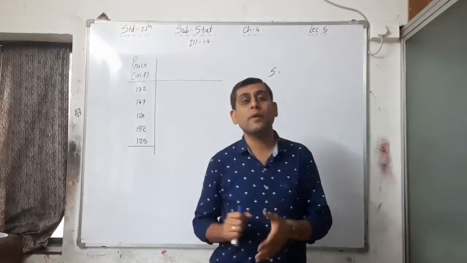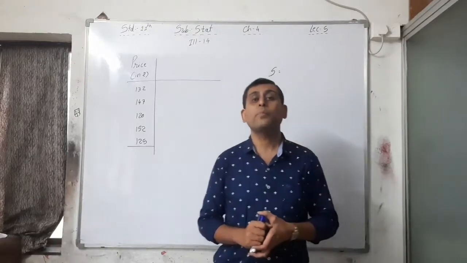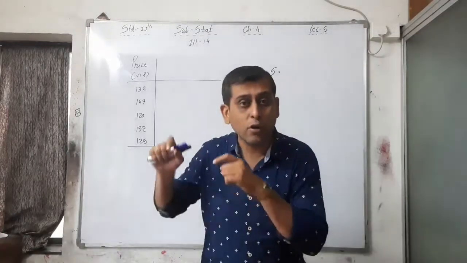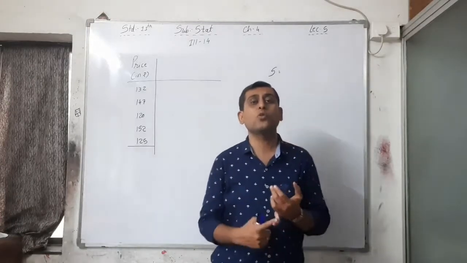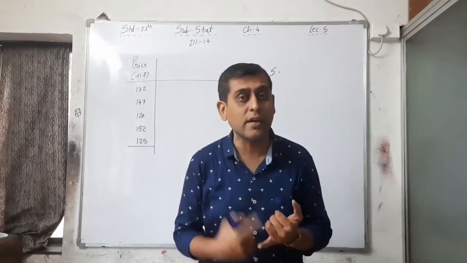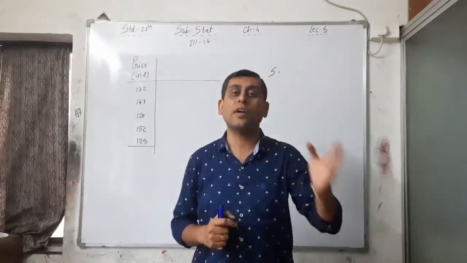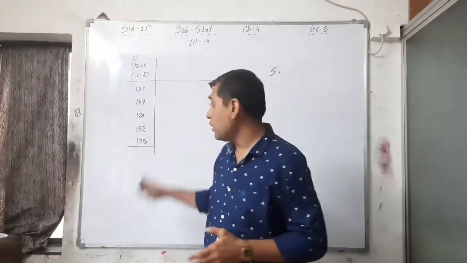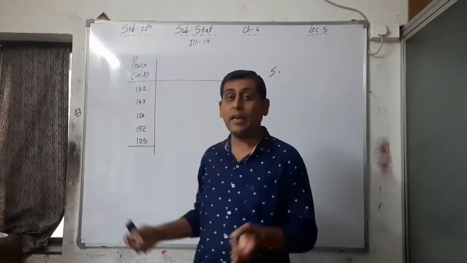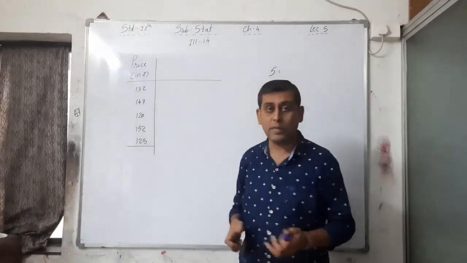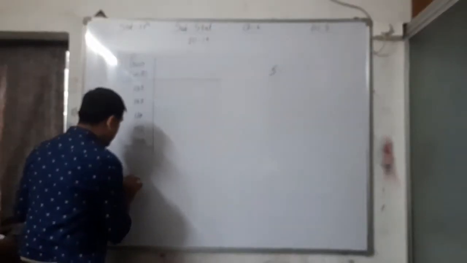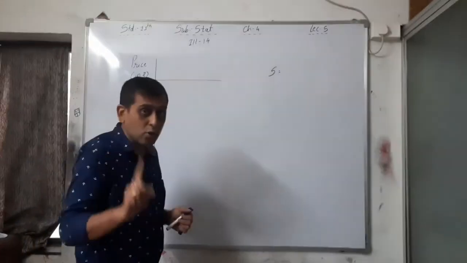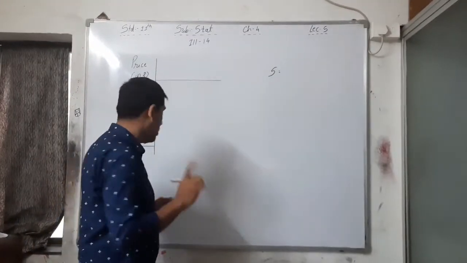So here are 10 methods to find out the x bar. But for this chapter we have to remember only 6 formulas: ungrouped, discrete group and continuous group data, with both the direct method and the shortcut method. Here ungrouped data is given and we have to take the shortcut method. That's why I am writing the formula for x bar for ungrouped data, shortcut method.